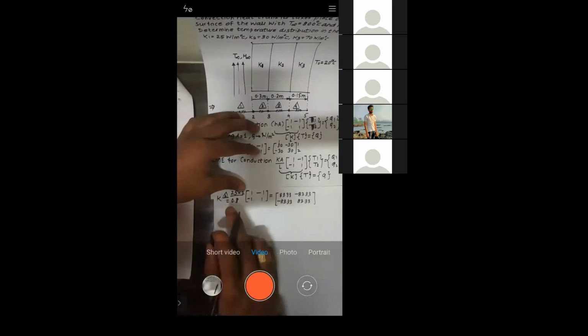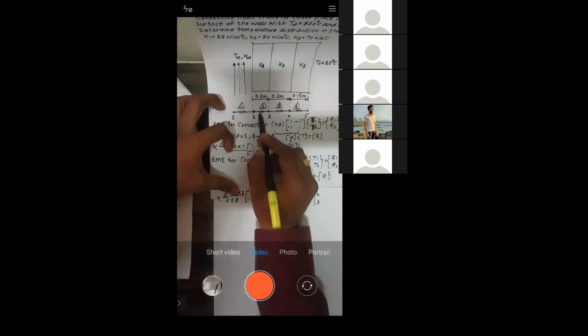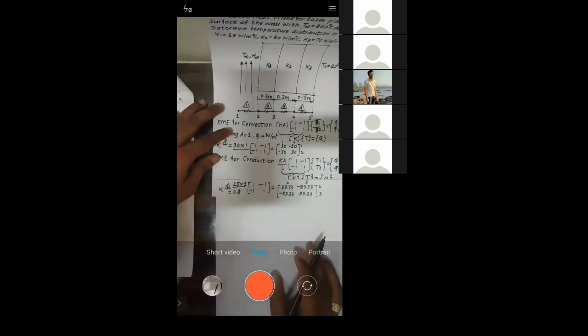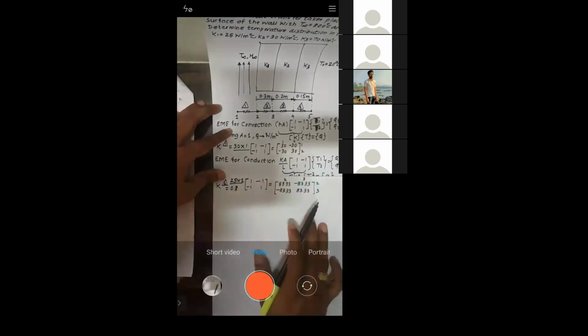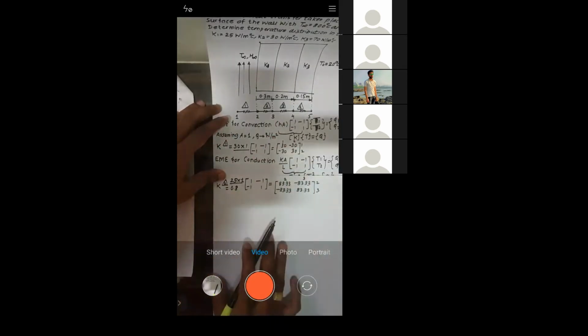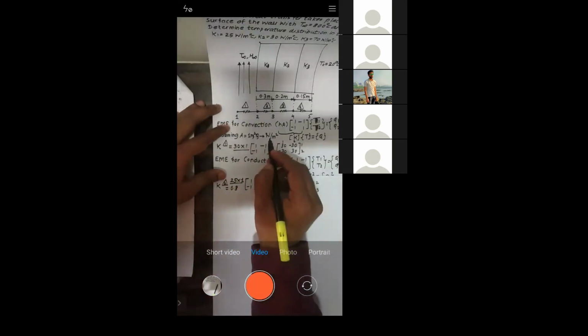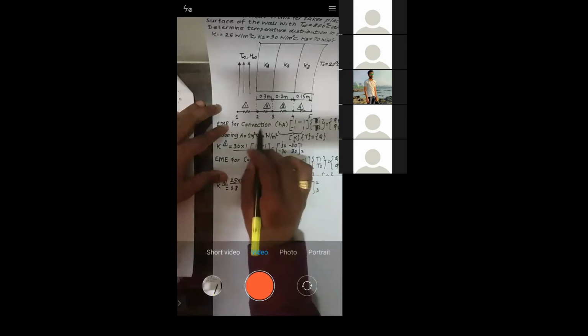So the stiffness matrix of element number 2 we have written. Element number 2 is between 2 and 3. I have written that. How did we take A as 1? See, in this problem area is not given. If area is not given, by assuming the area as 1 meter square, you will be able to calculate the heat flow in watt per meter square, and this particular term is called heat flux, that you have already seen in heat transfer.